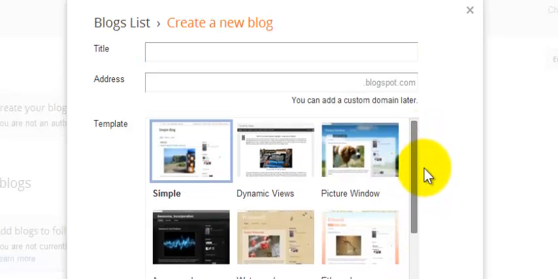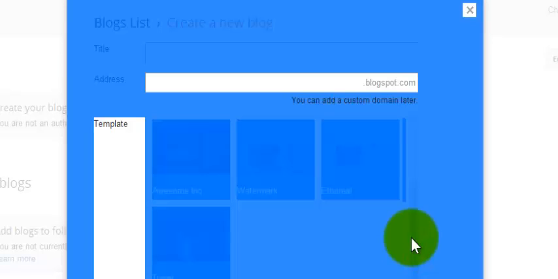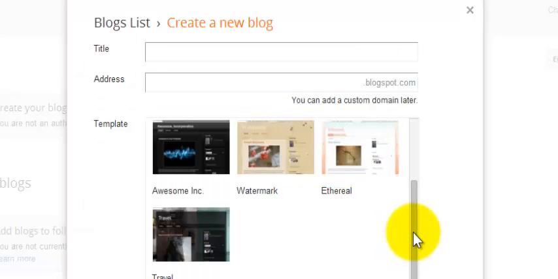I've had experience with multiple different templates. Some are easier to work with than others. Some are more appealing to the eye than others. So let's just create a title and say